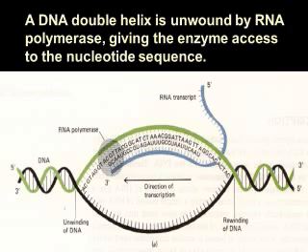Do you see that the A there, let's see. Can't see that very well. But the C attaches to the G and the G to the C. The T to the A, the A to the U. That U there on the RNA replaces the T on the DNA. Don't ask me why. That's a long subject. The U replaces the T. So every time you see an A on the DNA, you're going to see a U on the RNA. Every time you see a T on the DNA, you're going to see an A on the RNA.